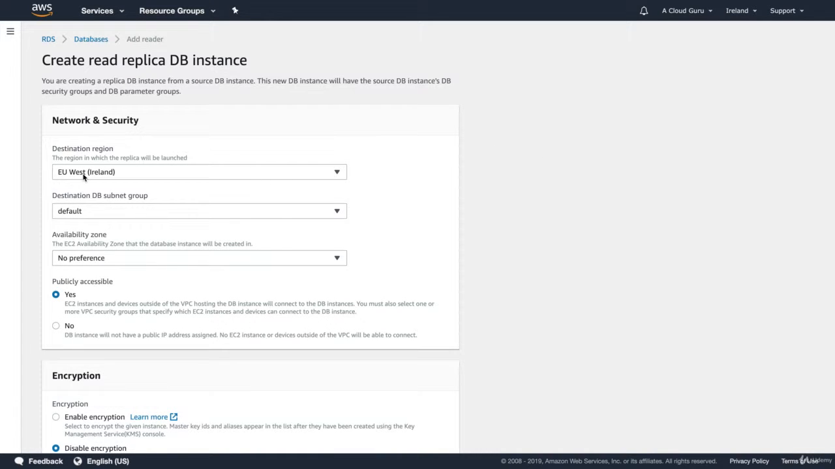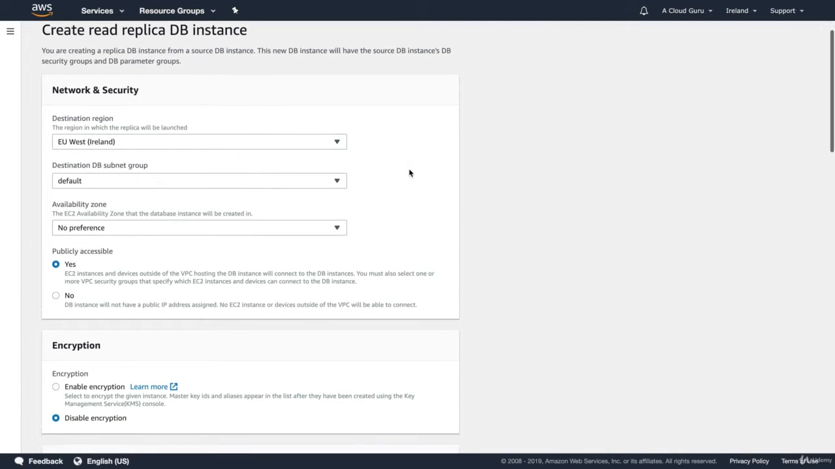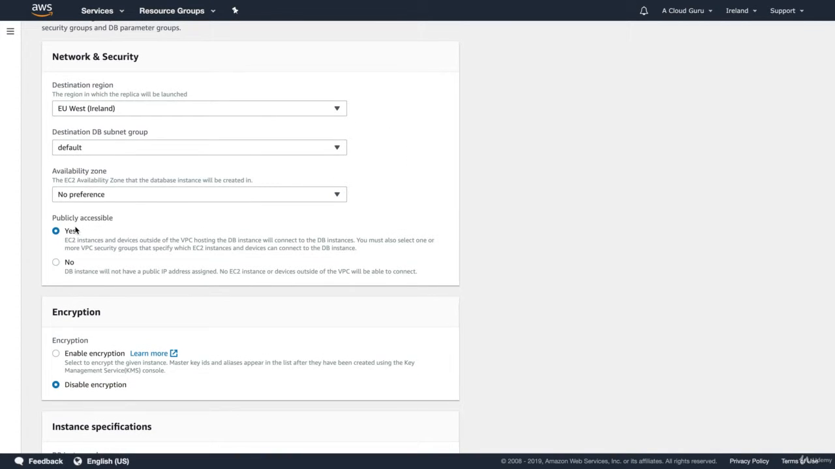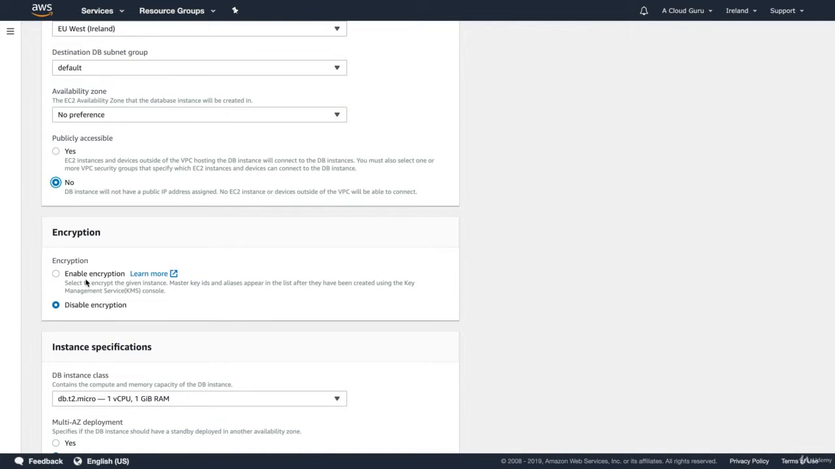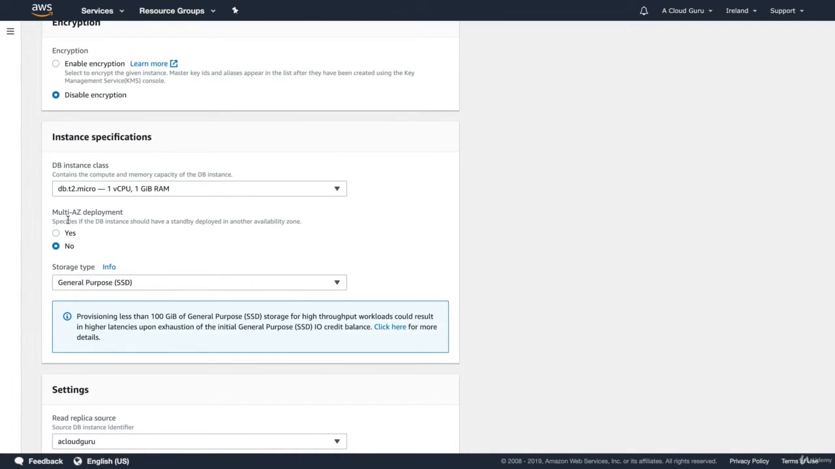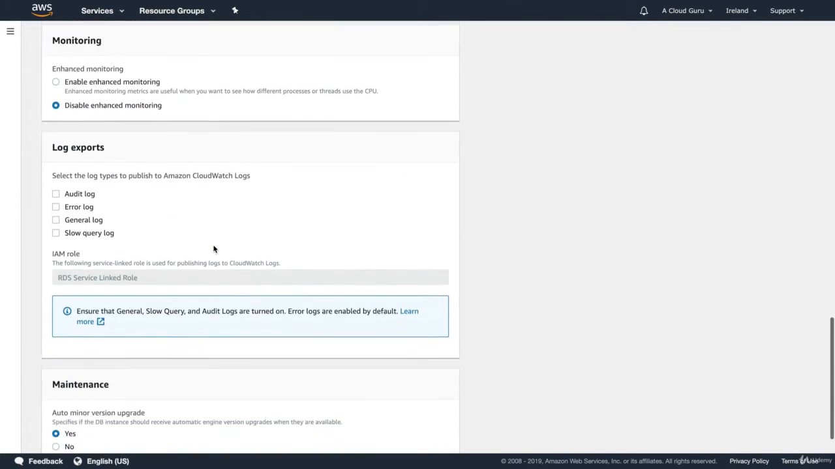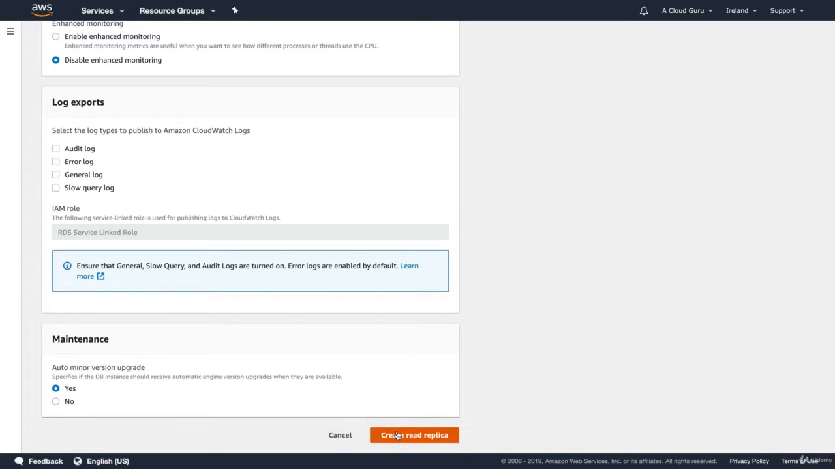Note that you can change the destination region, so I could have my read replica anywhere in the world. And what I might do, I think I'll just keep it in this region just to make it simple. Do we want our read replicas to be publicly accessible? I'm going to say no. Do you want your read replica to be encrypted? Do you want to enable encryption on it? I'm just going to leave it as a no. Do you want your read replica to have multi-AZ deployment? I don't really care about that. I'm just basically going to leave everything as the default options,